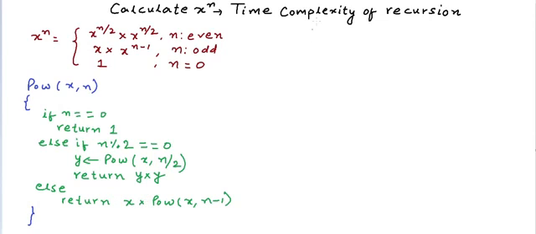So again, like the previous case, the time taken is a function of n and it does not depend upon the x in this case as well. Let's say the time taken is T(n). Now if n is even, then we make a recursive call to calculate x to the power n by 2. So we can say that T(n) is equal to T(n/2) plus some constant time for the simple operations like comparison, division, or modulo. So let's say this constant is C1 this time,